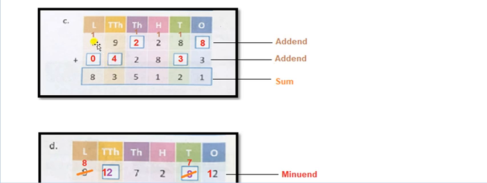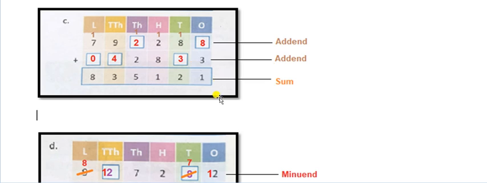Last column, the lakh column: 7 plus 1 is 8. And I see that my total is 8. So again we go to the property of addition with 0. In 8, what do we have to add so that it remains the number itself? As per the property we take 0. When 8 is added with 0, it will be 8 only. So here our missing digit is 0. This way we find the missing digits of the first addend as well as the second addend.